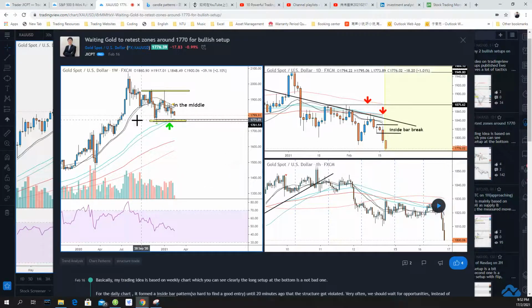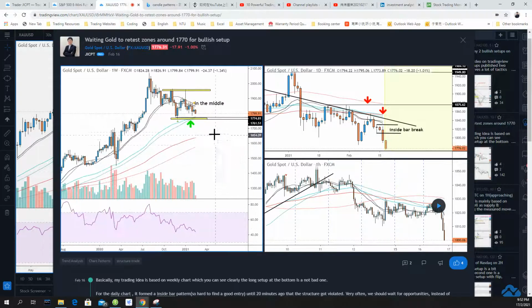Let's have a look at the weekly chart. I got it, because the week has not ended. All right. So the reason why I'm looking for the bullish setup around this area is because of the pivot here, the pivot here. Obviously on the weekly chart, the structure is formed here. So this is really a key zone, and